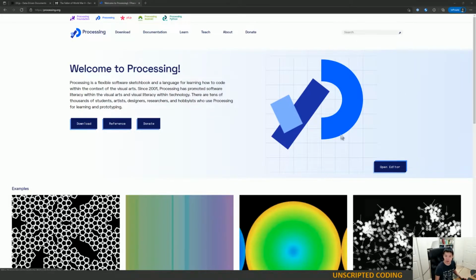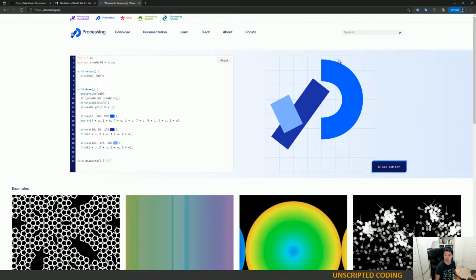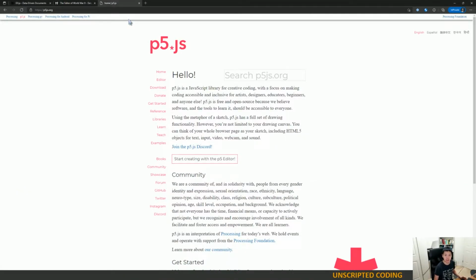Last week we played around with Processing, which is a software sketchbook. You can draw images like this with just a bit of code. In particular, we were using D3.js, a JavaScript version of Processing, so that we could throw those interactive graphics right on a web page. Now, we didn't get very far with it, but I wanted to actually roll back for a second and